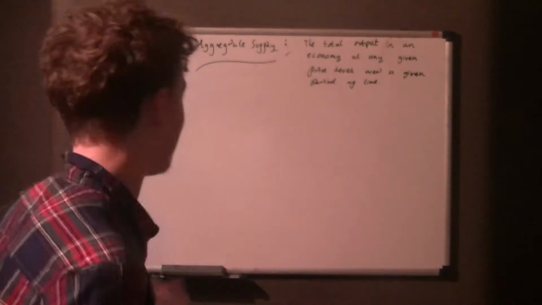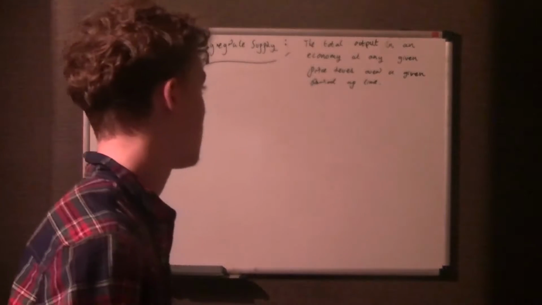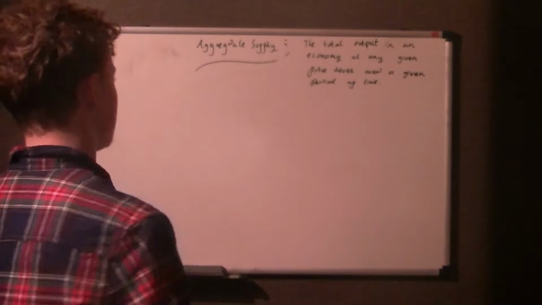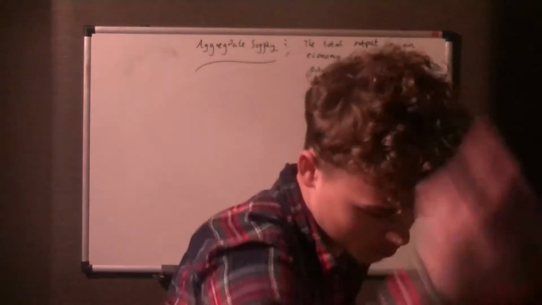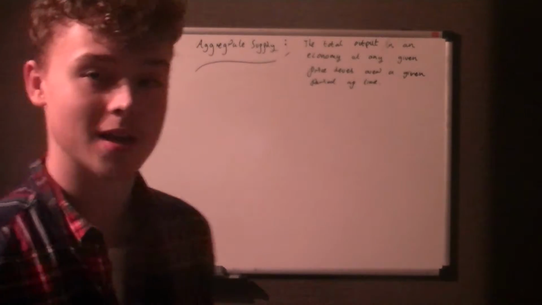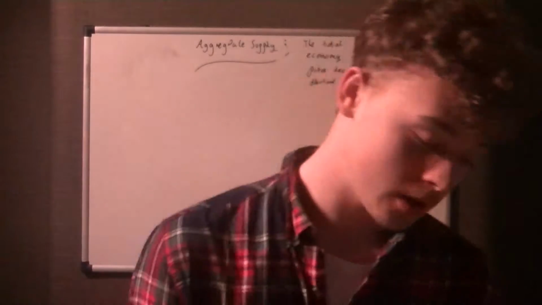So you're given quite a lot there. Total output in an economy, at any given price level, over a given period of time. That's very well saying that, fancy words, but what does it actually mean? Well, aggregate supply is basically the amount that the suppliers want to supply in the market. It's quite obvious really, but there's a lot of ways in which it's similar to